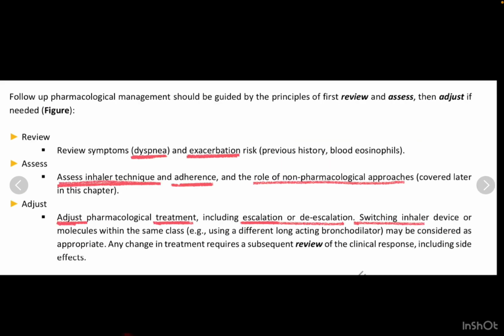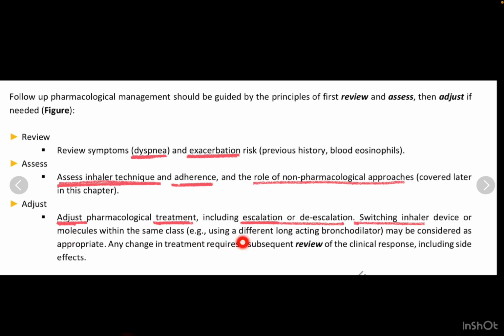So we have to give ICS, and if both are there, we should treat asthma first. Now again, they are telling that follow-up of pharmacological treatment should be guided by the principle of first review, assess, then adjust if needed. How to review: we should review the symptoms like dyspnea and exacerbation risk by previous history and blood eosinophil counts. Then we have to assess the inhaler technique, the adherence, and the role of non-pharmacological approaches. Then adjust the pharmacological treatment: either escalate or de-escalate, and switch inhaler devices